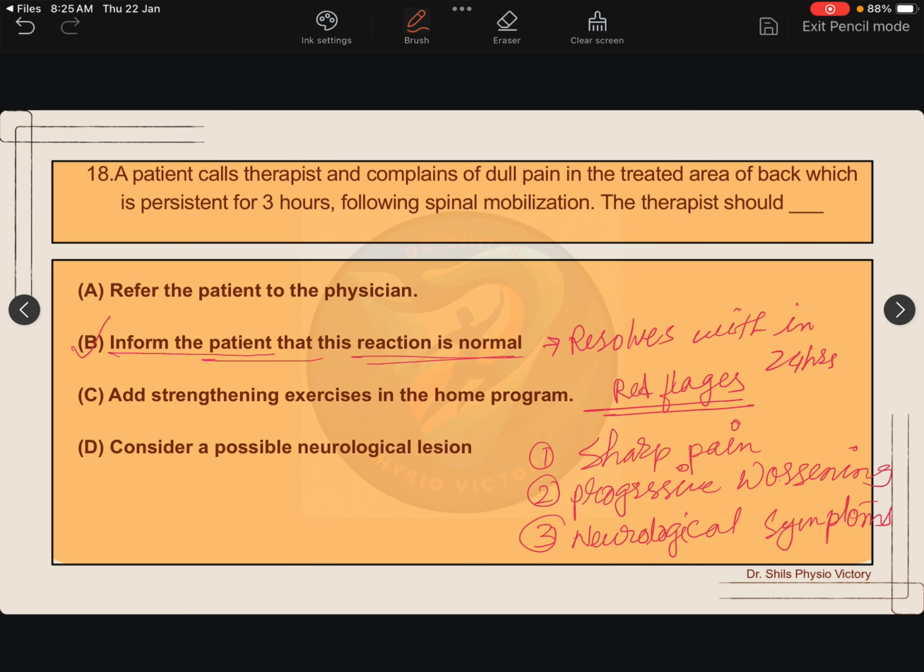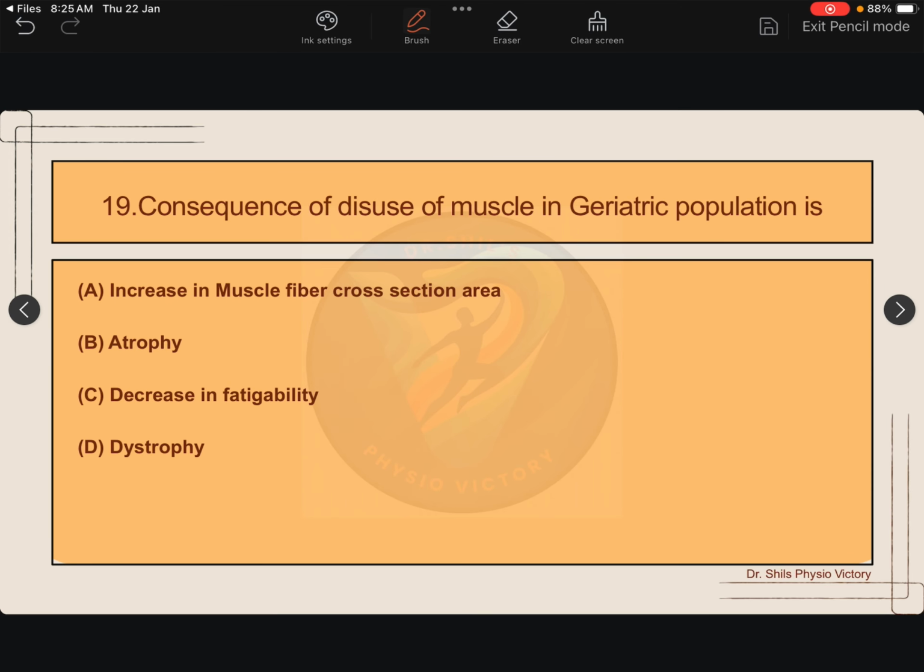Next, come to question number 19. Consequences of disuse of muscle in the geriatric population is option A, increase in muscle fiber cross section area, option B, atrophy, option C, decrease in fatigability, option D, dystrophy. Here the correct answer is option B, atrophy,